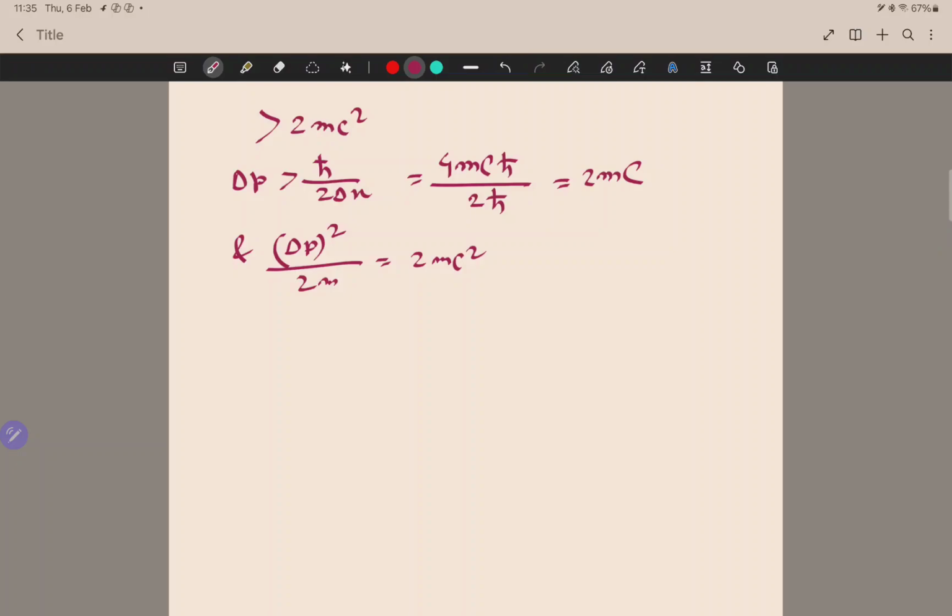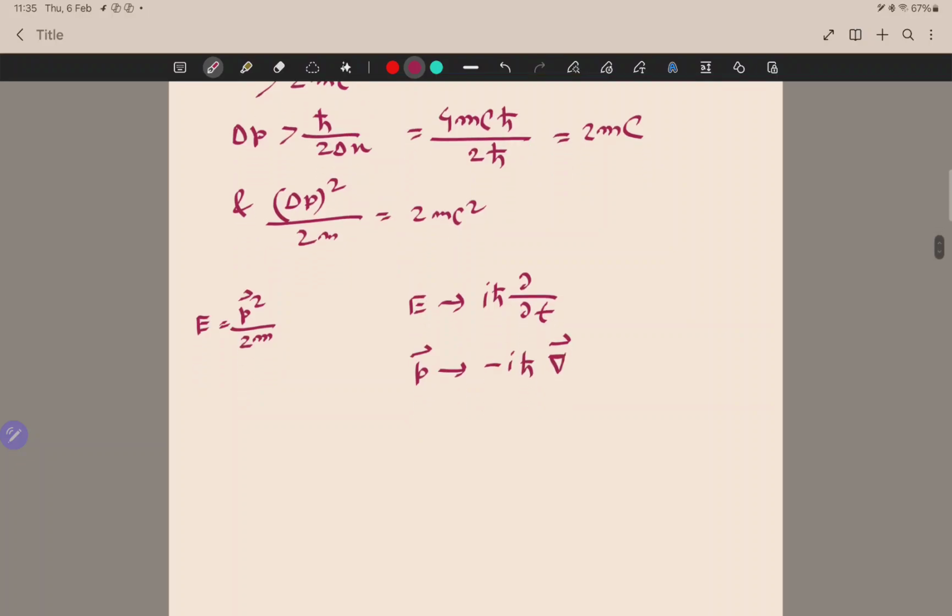It is easily seen for a free particle whose non-relativistic relation is E equal to p square divided by 2m, with the standard substitution E is iħ ∂/∂t and p is minus iħ gradient, yielding iħ ∂ψ/∂t equal to minus ħ square divided by 2m Laplacian ψ,